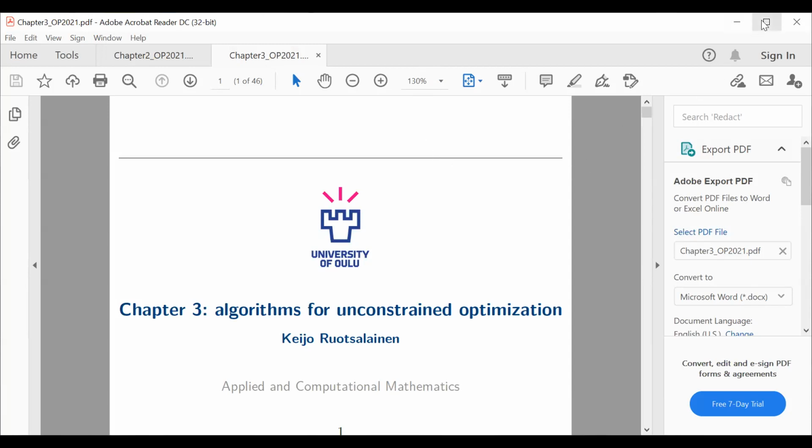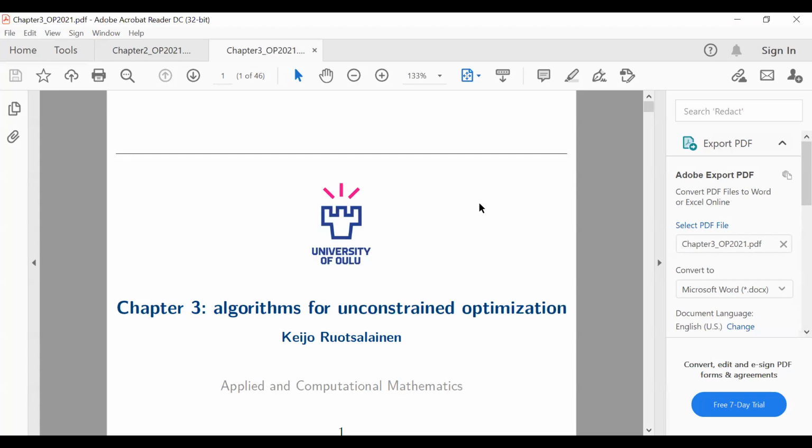What can you see now? Can you see the slides? Yes, we can. So